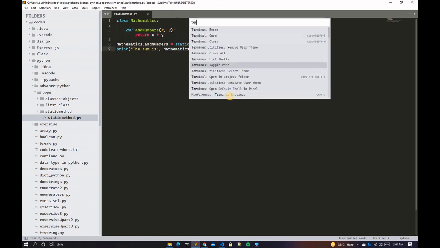So I will type Terminus in the command palette, and first of all you have to install Terminus in Sublime Text.